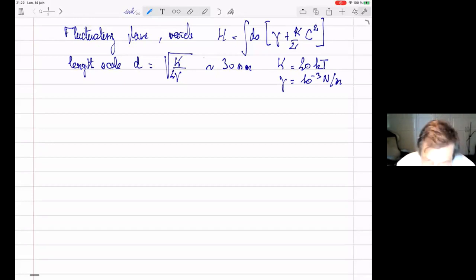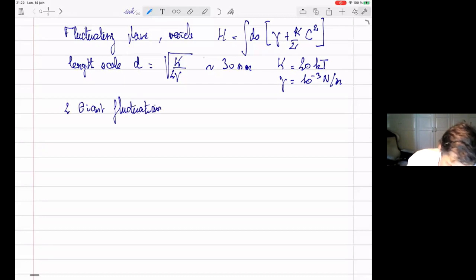Physicists got very much interested in this question of fluctuating membranes, and the reason is that fluctuations are big for this fluctuating membrane. So let me discuss what I will call giant fluctuations. For a minute, I will take the limit where the surface tension goes to 0. So gamma is very small, and the only term in the energy is the bending modulus. It's like a free sheet of paper which is fluctuating because of thermal fluctuations. So I will take a piece of membrane of size L.